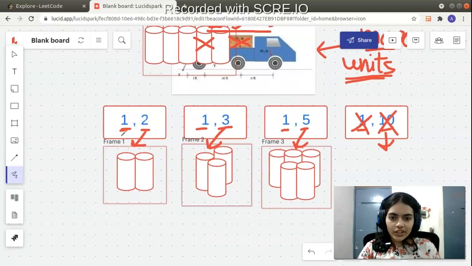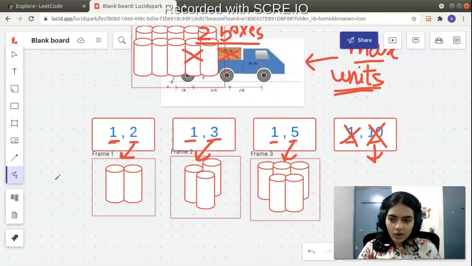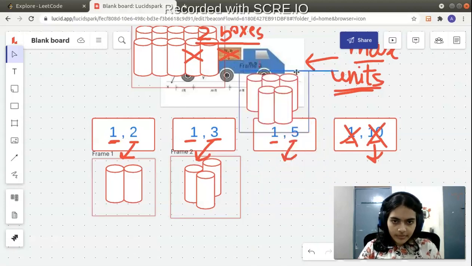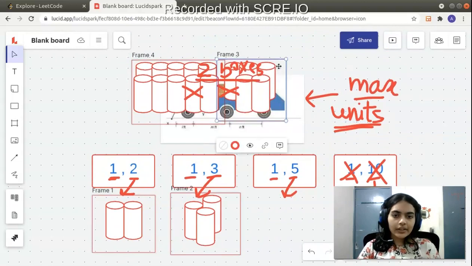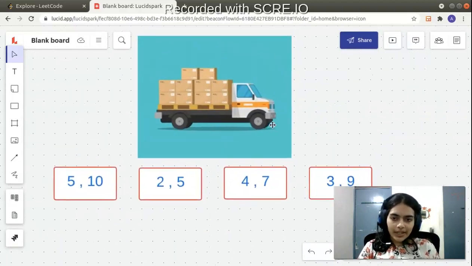Now we are left with three choices again. So for picking the second box, what will I do? Again I will apply the same logic. I will pick the box which is going to give maximum units among all these boxes. So I pick this particular box and it is going to give me 5 units. So I pick this box and I place it here. So I have a total of 10 plus 5, 15 units, which is maximum possible from the given inputs.